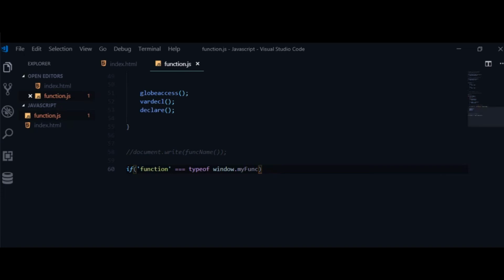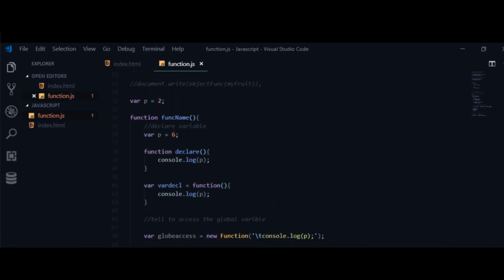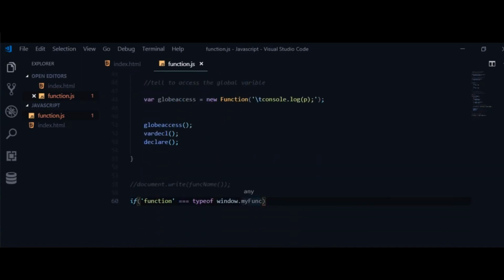My func. Let me see what's the name of it again. Jeez, sorry about that. My func, it's func name, not my func name. Func name, like this. Then if this returns true, I want it to call this function, which is func name, right? To use the function func name, or I'm going to use the document dot write